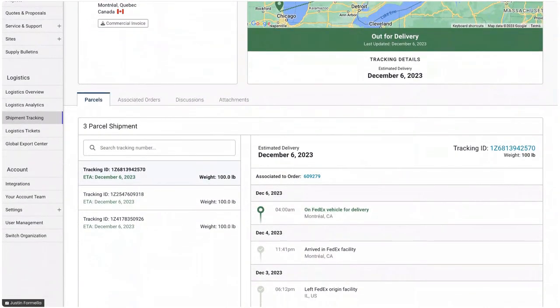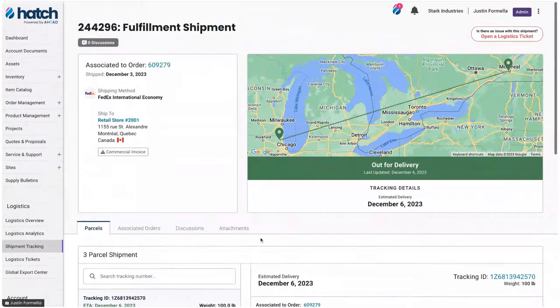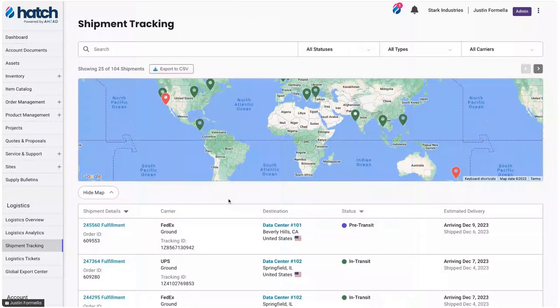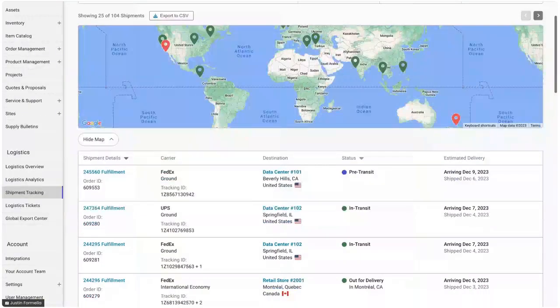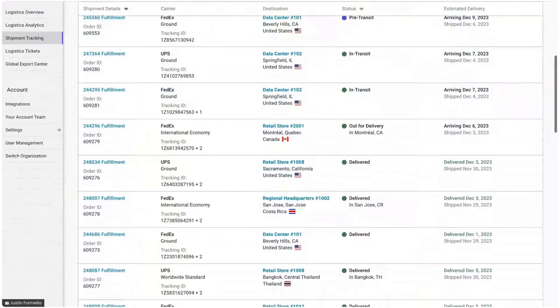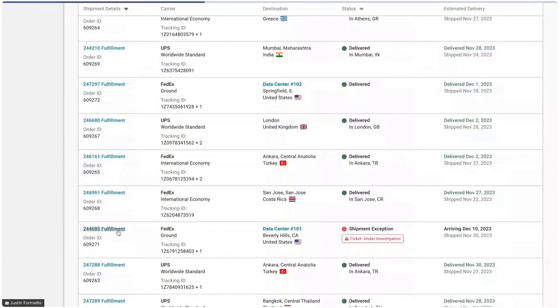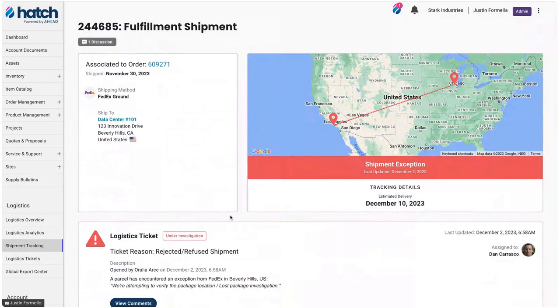up to the minute. Now, that's pretty neat, but it's not something that you want to make a habit out of after happening to kind of micromanage and police it. So the system goes a step further. What it'll actually do is open up shipment exceptions if anything is damaged, delayed, lost, stuck in customs, and it'll assign it automatically to a logistics team member on our side.